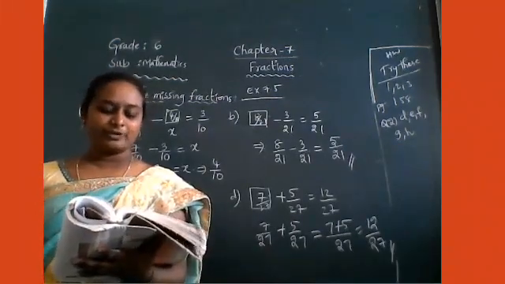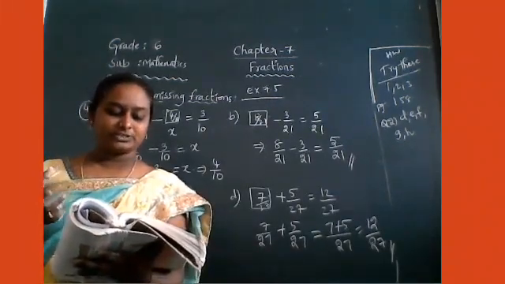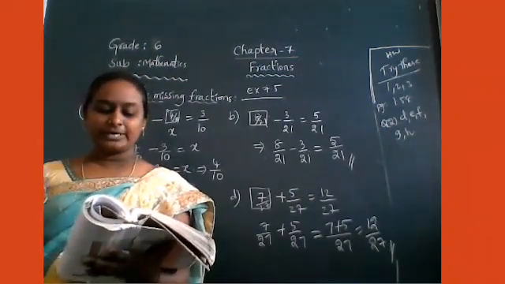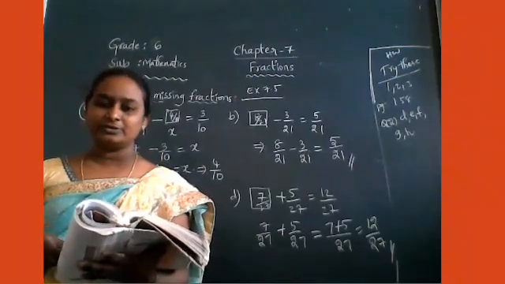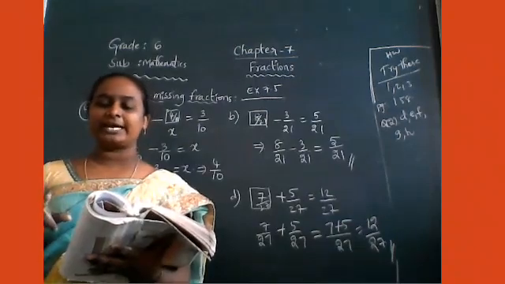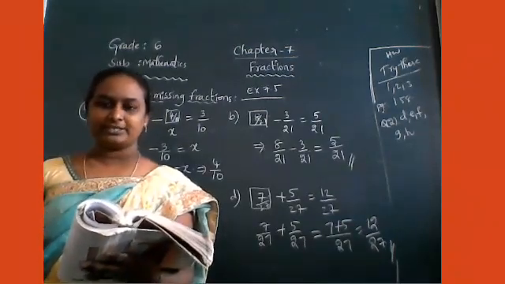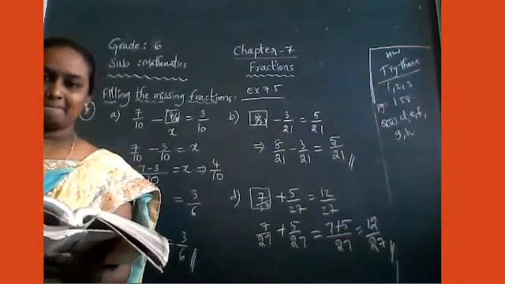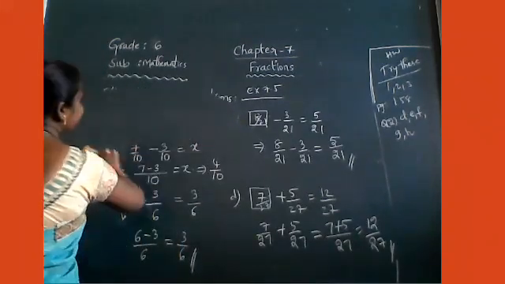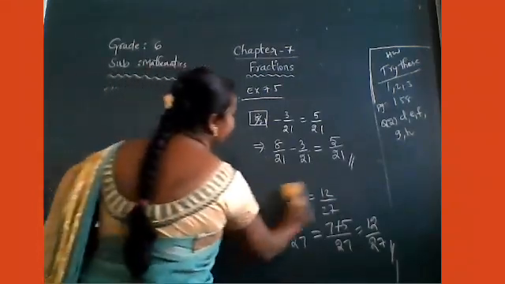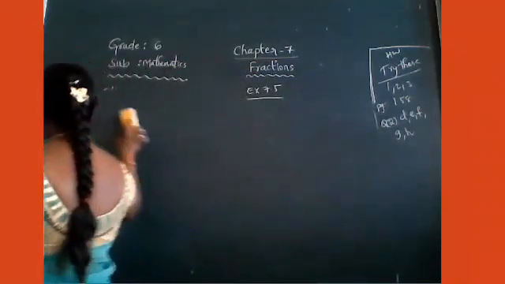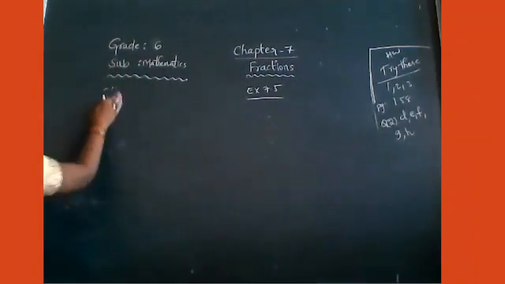So among 1 part, how many oranges were given? 5 by 7. So for the remaining oranges, you have to do subtraction. From the total 1 part, 1 minus 5 by 7. So will you do this one? Okay, right. I will explain this one. First, assume the number of oranges. You don't know, no? So the total oranges, the one part is there.